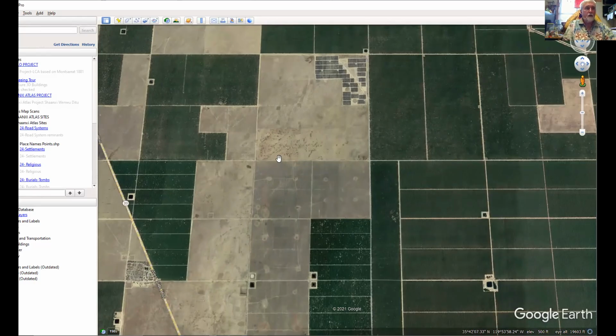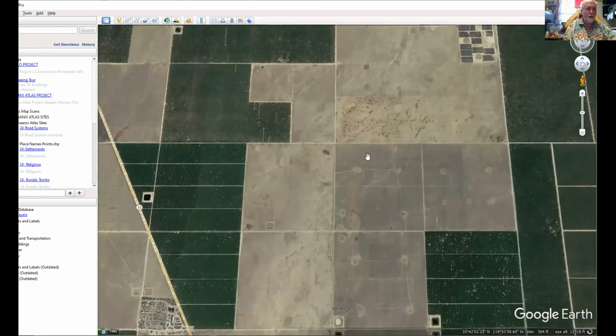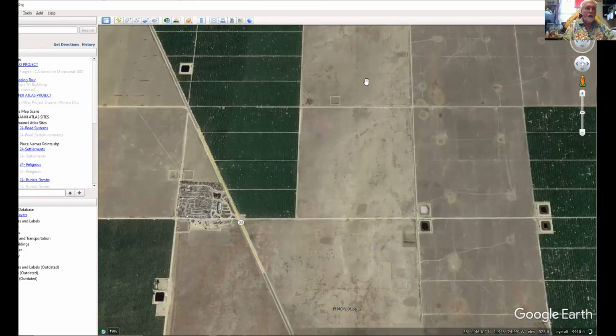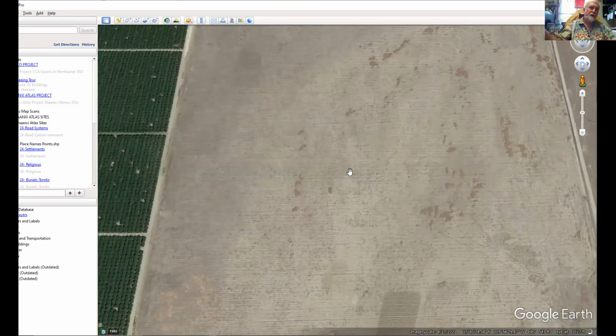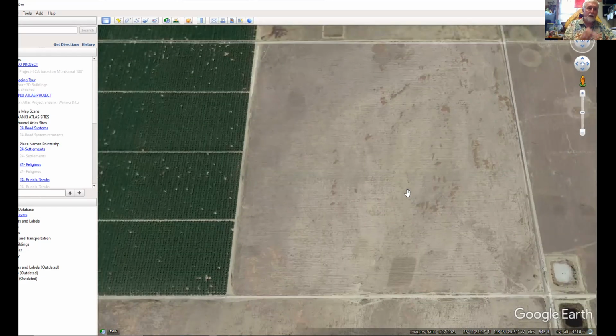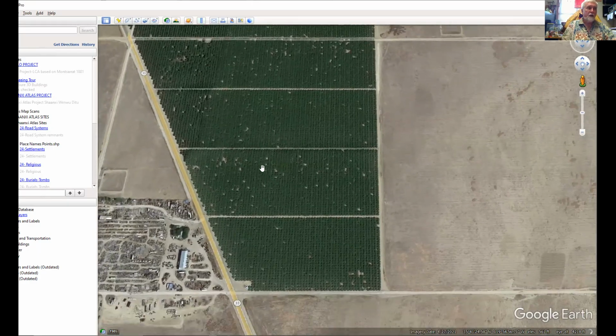Now, what you notice here, if you look at this carefully, is that when we zoom in, a lot of this area is now nothing. It's going back to being desert. But if you look at this desert versus that section outside, which has been desert, you'll notice there's not a lot of even sage or other types of plants here. Look at it, it's all covered in a thin layer of salt. In fact, you can see it's starting to have an impact here.